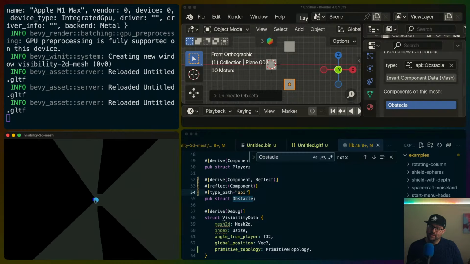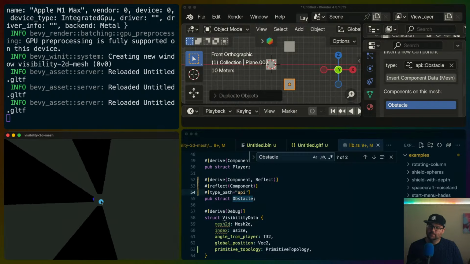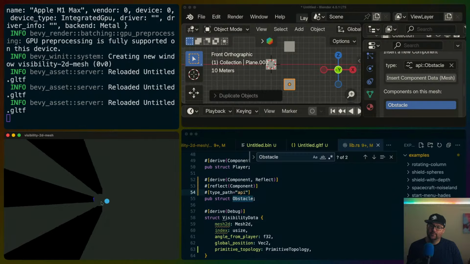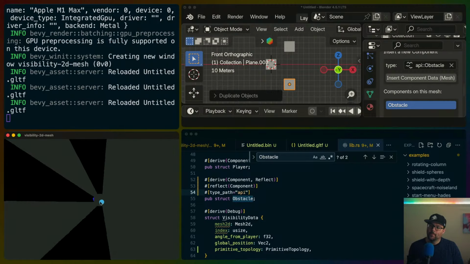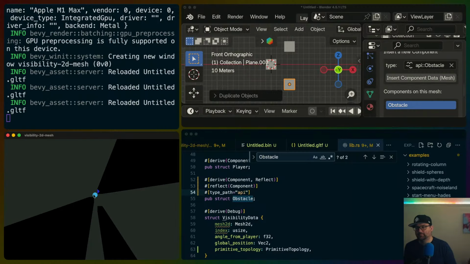But yeah, there's a couple of little bugs here and there. I think I want to make this operate on triangles instead of the vertex implicit ordering. Because then it makes it easier to do